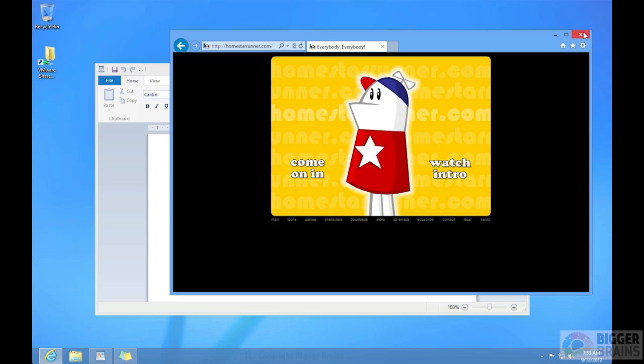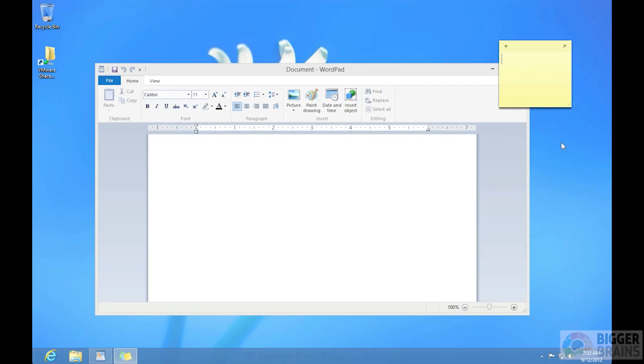The other thing is the two Internet Explorers share bookmarks. So if you bookmark a website in one Internet Explorer, it'll show up in the other Internet Explorer. That's nice of them to share bookmarks. It is very nice of them to share. Speaking of sharing,